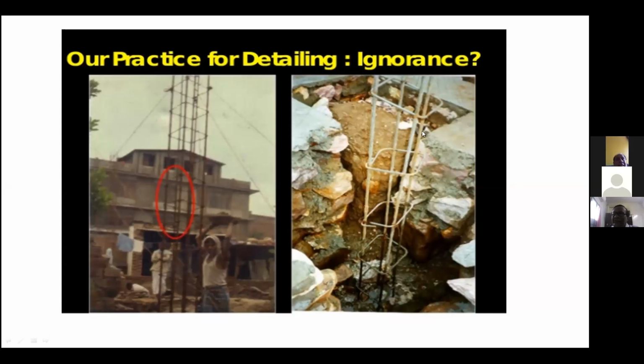The detailing is missing. If we look at this, the stirrups are going to be outside of the bars. The main bars are there, so it is not going to restrain them. And if you look at the slide on the left hand side, there is a larger spacing of the reinforcement, the stirrup spacing. They put a very, very large spacing, but that is not going to fulfill the requirement of IS 13920, or I can say it is not even fulfilling the requirement of SP34.